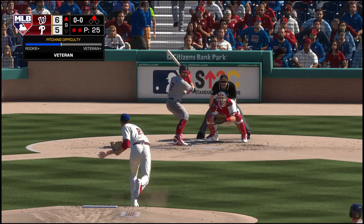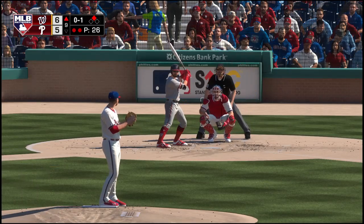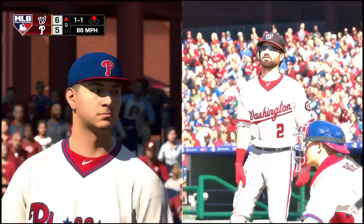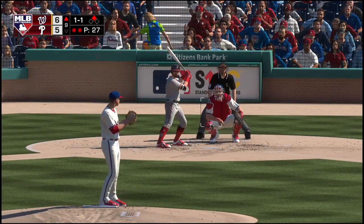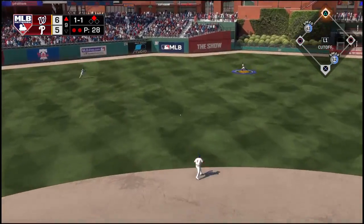His lifetime line against Velasquez, he's 0 for 5. Strike 1 to start the at-bat. You know, Matty, when I first broke into the league, you wouldn't see that high heater first pitch right out of the gate. But I think there's been a change in philosophy here. Back in the late 90s, early 2000s, guys wanted to...